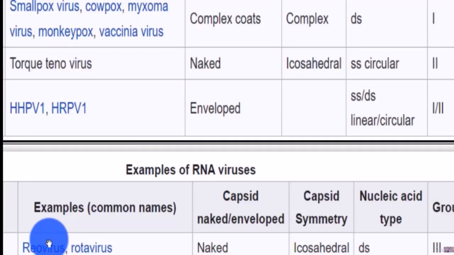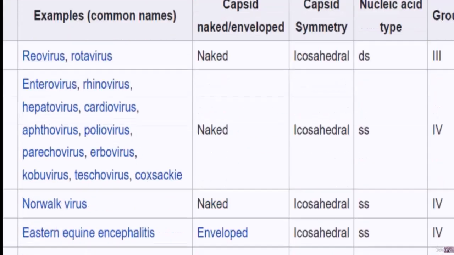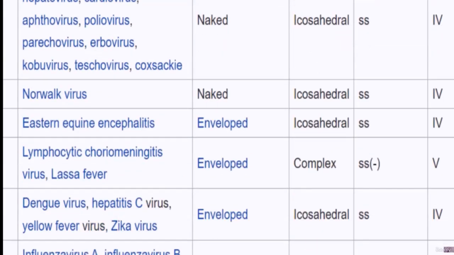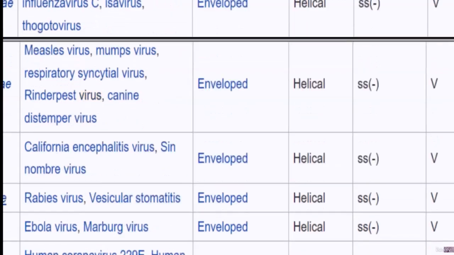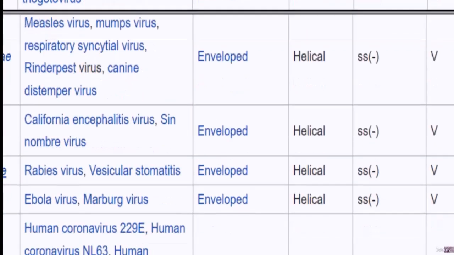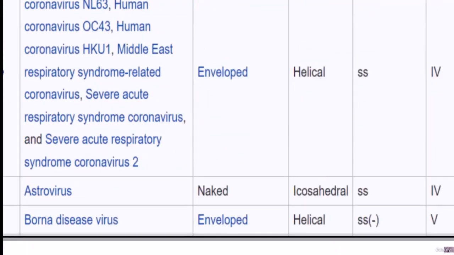Example of RNA viruses: reovirus and rotavirus. The capsid naked, the capsid symmetry icosahedron, Picornaviridae, Caliciviridae, Togaviridae, Arenaviridae, Flaviviridae, also Orthomyxoviridae, Paramyxoviridae, Bunyaviridae,